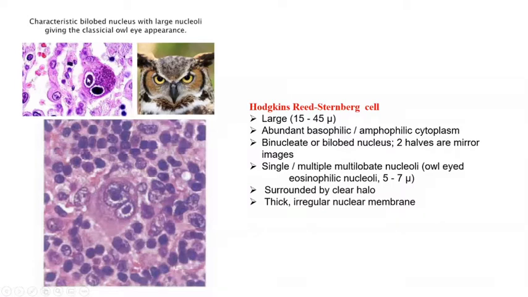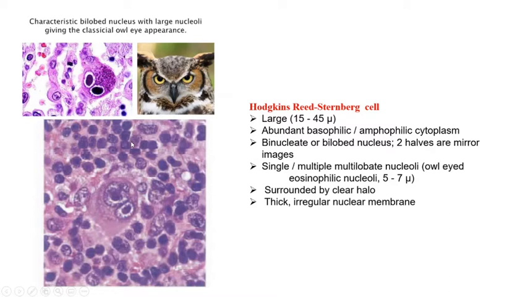And they have nucleoli. This is quite large, and they are eosinophilic. So the cytoplasm will be basophilic, and the nucleoli will be eosinophilic. You should note that the nucleoli are eosinophilic, and they will have a thick nuclear membrane. So this is how we define the Reed-Sternberg cell. This is the neoplastic cell of Hodgkin lymphoma, and in the background the cells are non-neoplastic. This type of cell can also be seen in infectious mononucleosis, but in that the nucleoli will be basophilic. That is the difference between the two cells.